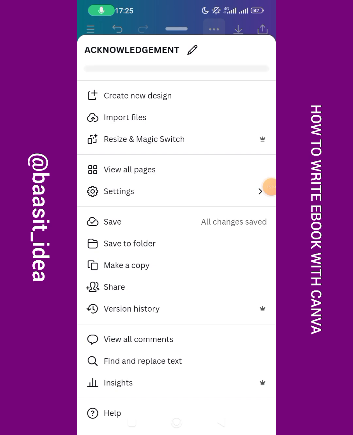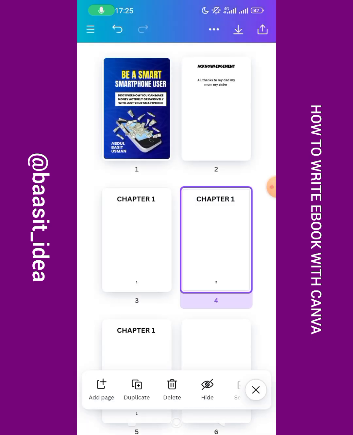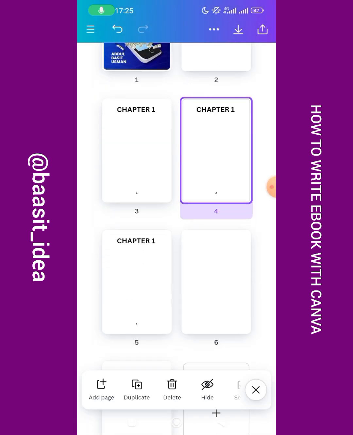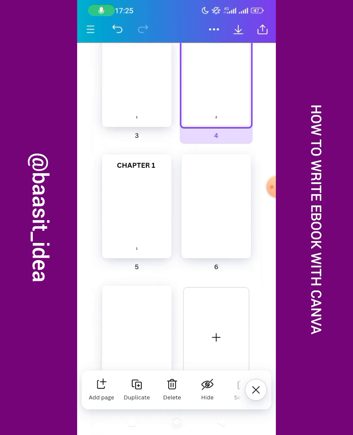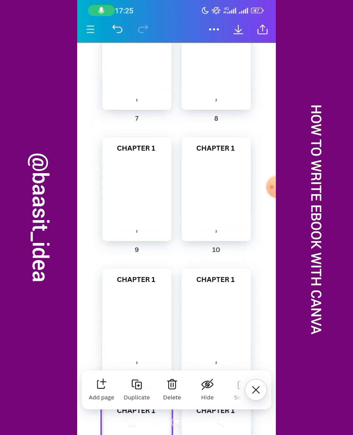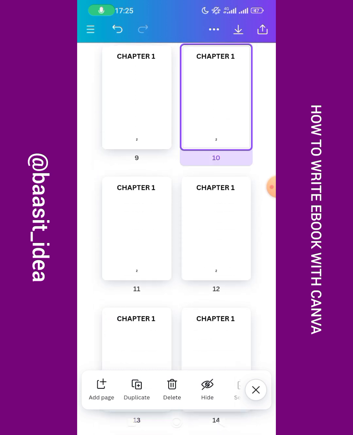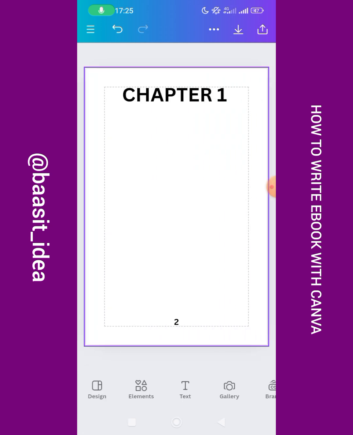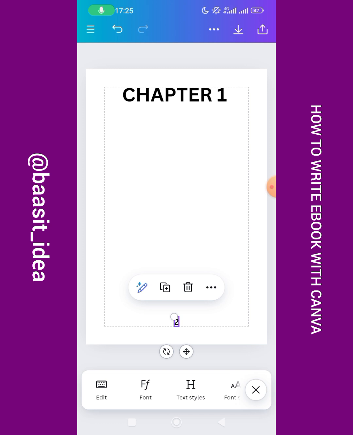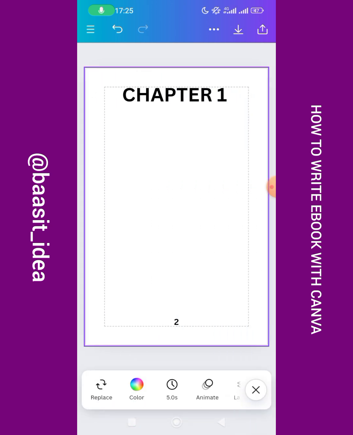So that is how you'll be inputting other pages. You'll be clicking on the 3 dots, view all pages, and page 2, right? Duplicate it. Or you can even duplicate only page 1. Duplicate it like 15 times till the page 1 ends. So you can just keep duplicating it. Once you get to this place, before writing anything here, you firstly go and change the number to the next number that should be there. So you then click on this one to change it to the next number that should be here